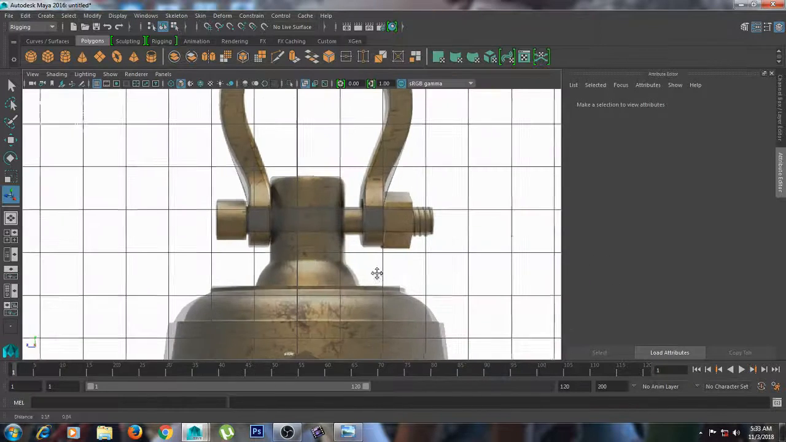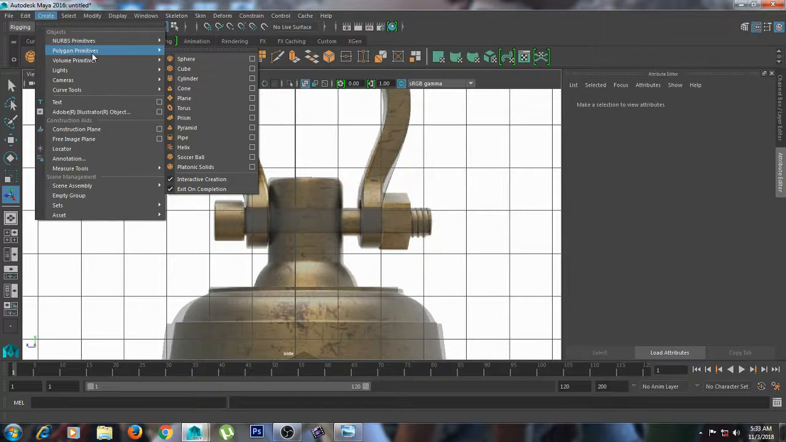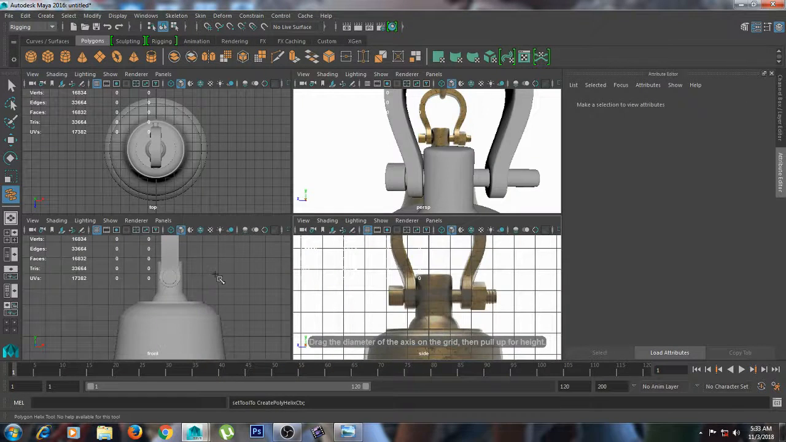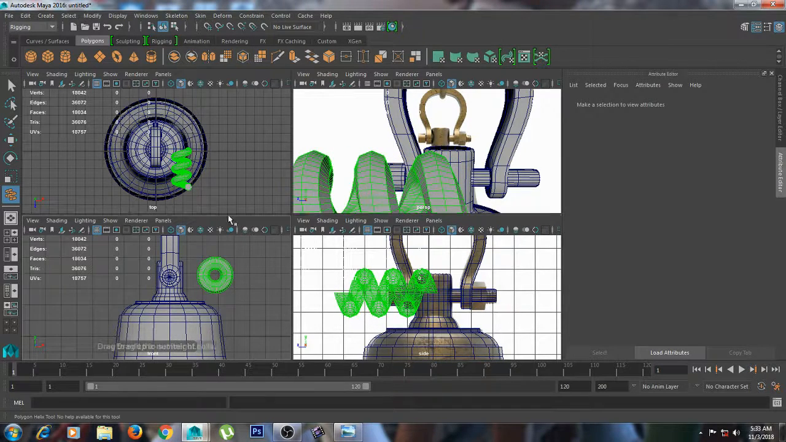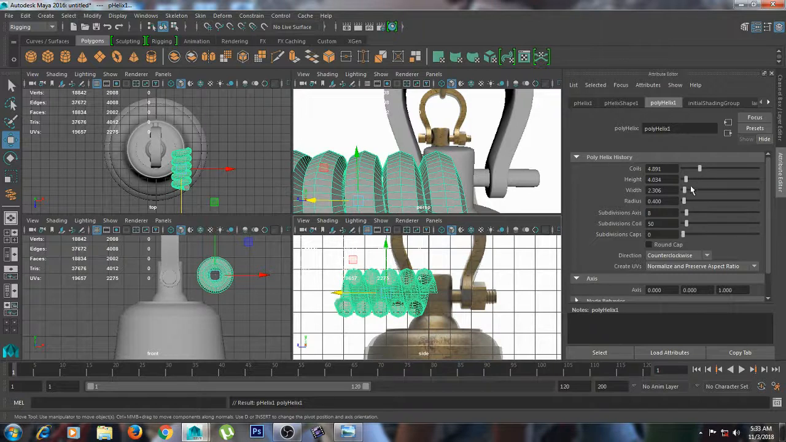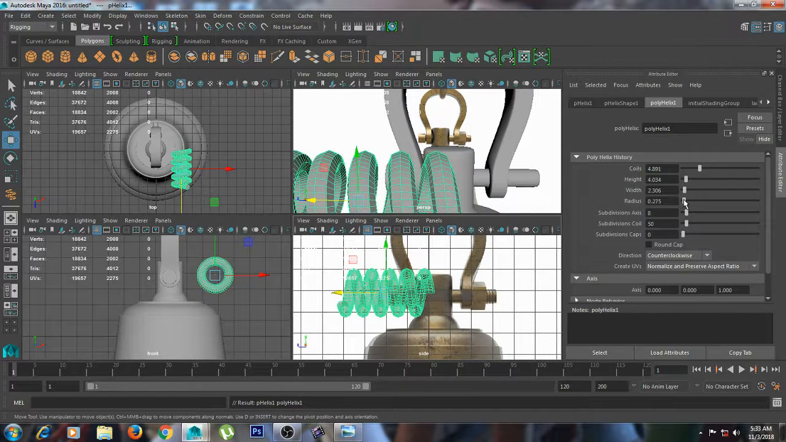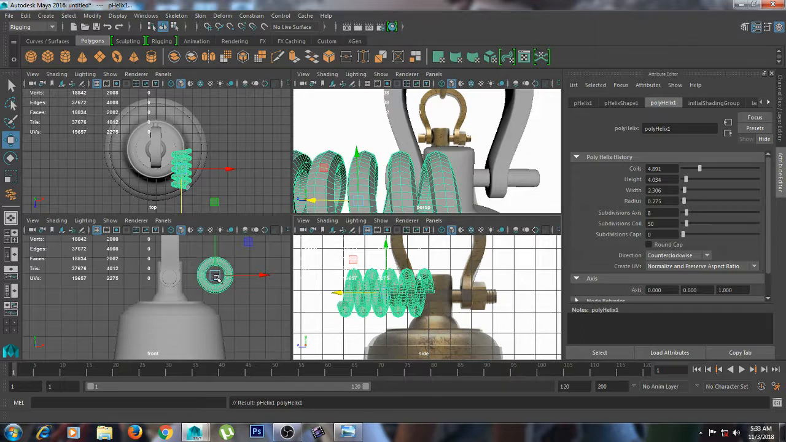Okay, for this part we have to click on create, go in polygon primitives, and here we have to go in helix. So click and drag helix like this, and click and drag like this. Okay, then go in attribute editor, click on helix, and here we can click on radius, click and drag on radius, and then we have to adjust our helix,